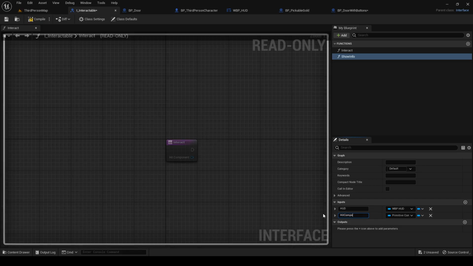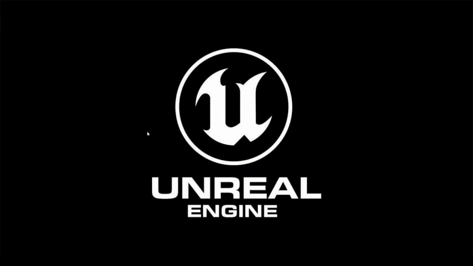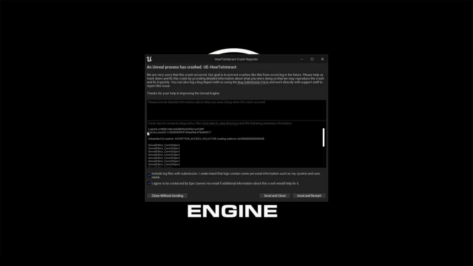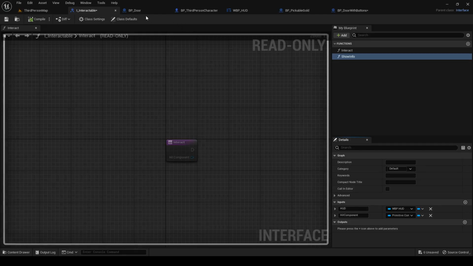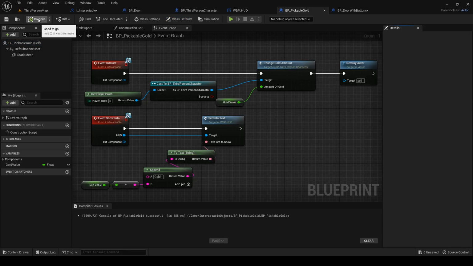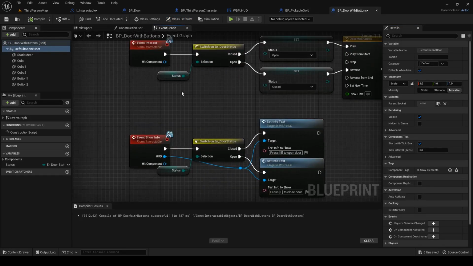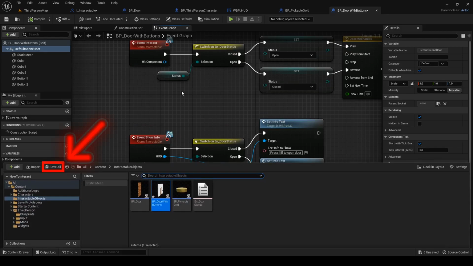If you change an already implemented function this way, Unreal Engine sees it as a totally different function. If you want to call it, you call a non-existent function. This will cause Unreal to crash and you lose all of your unsaved data. So, hit compile in all blueprints where you use this interface, even if it looks like you don't have to. And if you want to be sure, always save the whole project before you hit play.